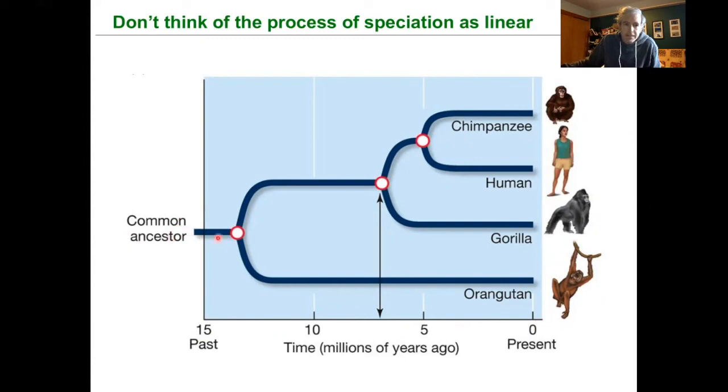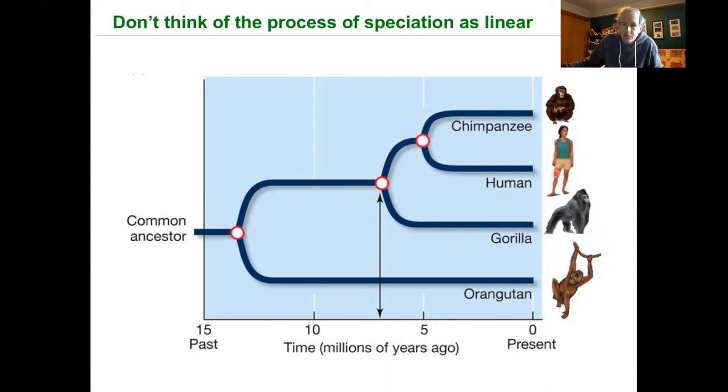The first split occurred about 14 million years ago, and in that split, one lineage led to the orangutan, the other lineage led to all the others. Then about 7 million years ago, we get the next split. In this split, one lineage led to the gorilla, the next lineage led to chimpanzees and humans. And finally, about 5 million years ago, this common ancestor split, and it became the